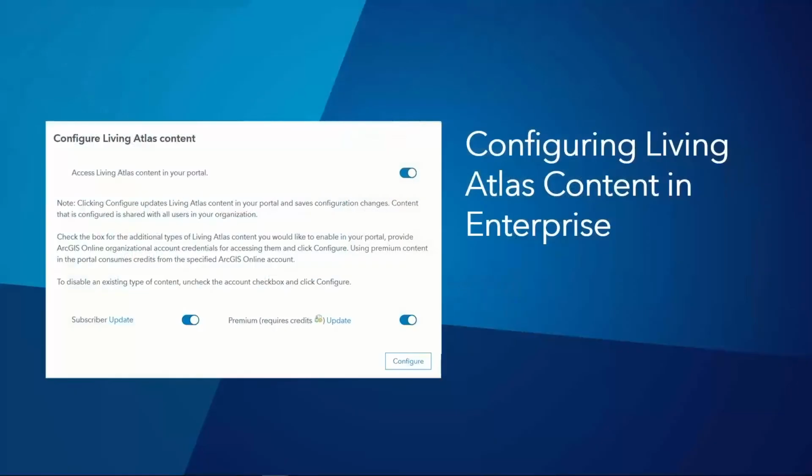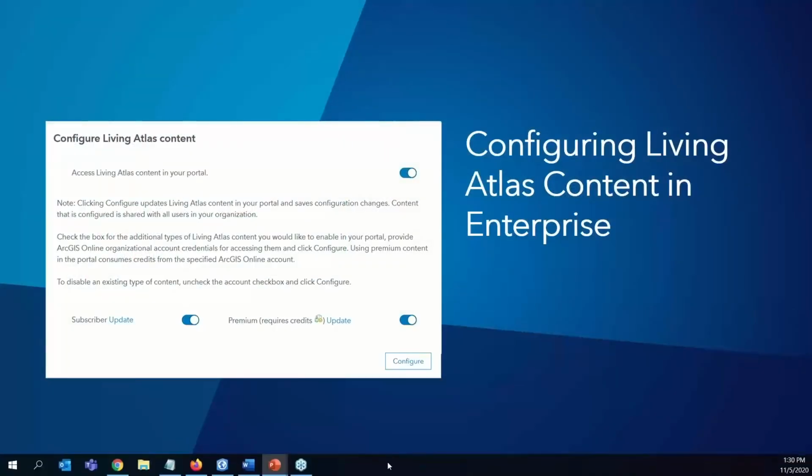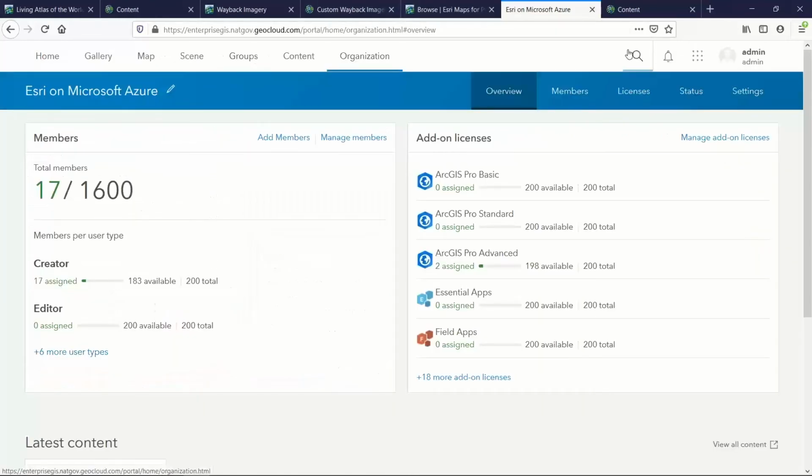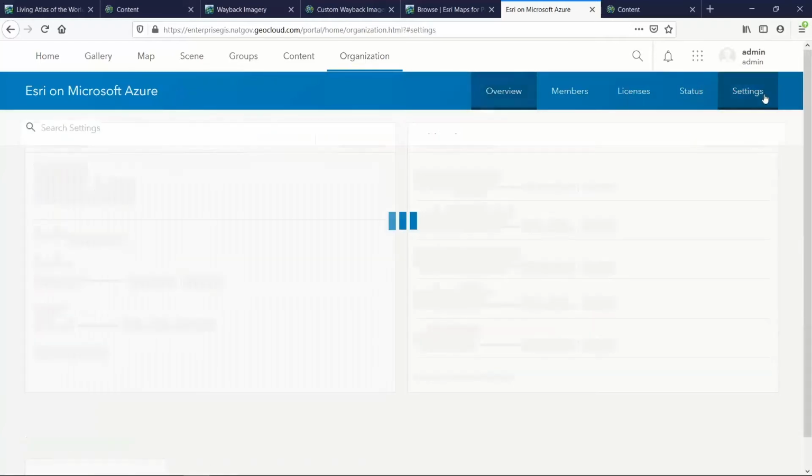So I wanted to walk through what that looks like just a little bit. Go back to my browser. So here I'm signed in as an administrator to an enterprise instance. And right now I'm just on the main organization page. If I go to settings,